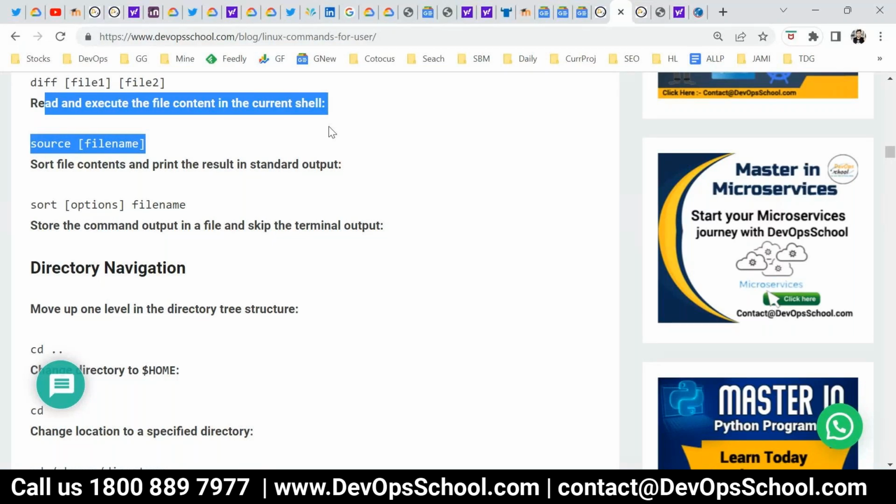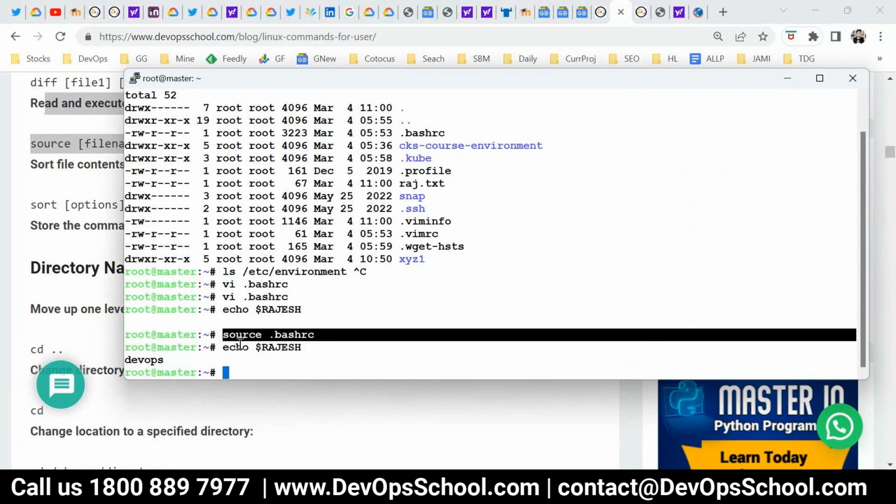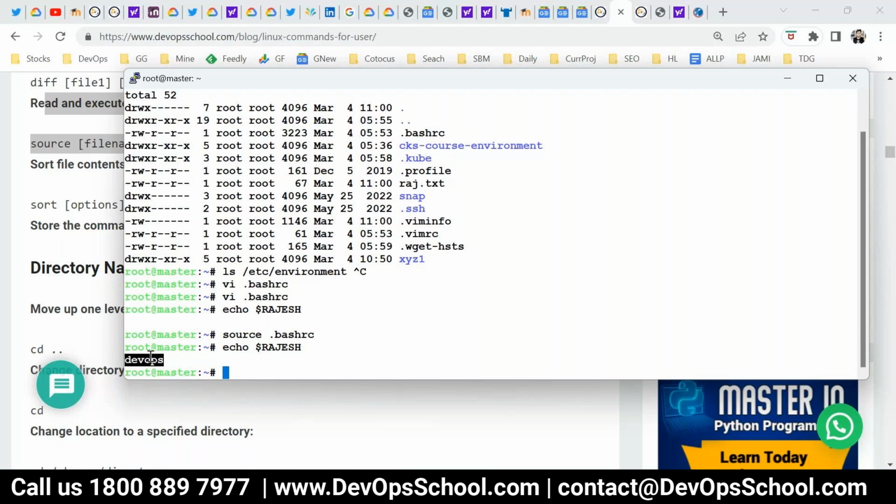Sorry, Rajesh, what is the use of source basically? Can you just repeat? You modify your environment file and then source it, and it's set. Simple. Why do you want to modify this file? Why do you want to set Java path, Python path, many things? When you log in, those paths should be set automatically. Make sense? Yes, generally we do it in Windows as well, environment variables. In Linux we only have commands, so it is the same.